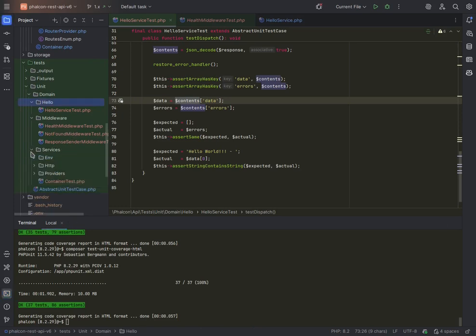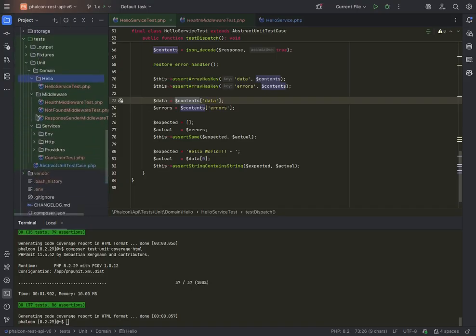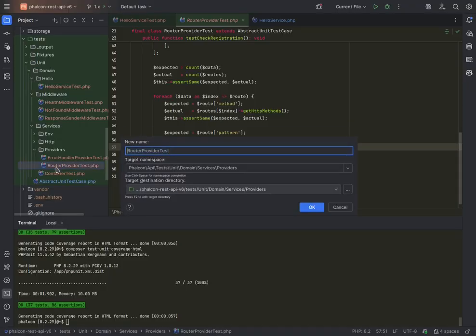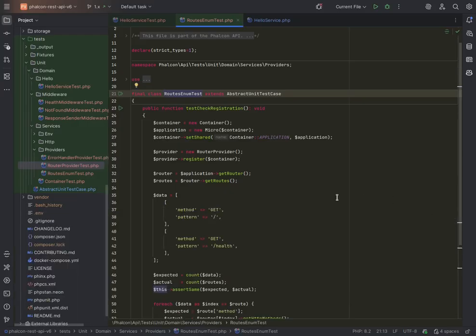Let's create one down there, router, route enum, routes enum test. We might move it later on, I don't know. And this is the same as the other enumeration that we did. It's pretty much